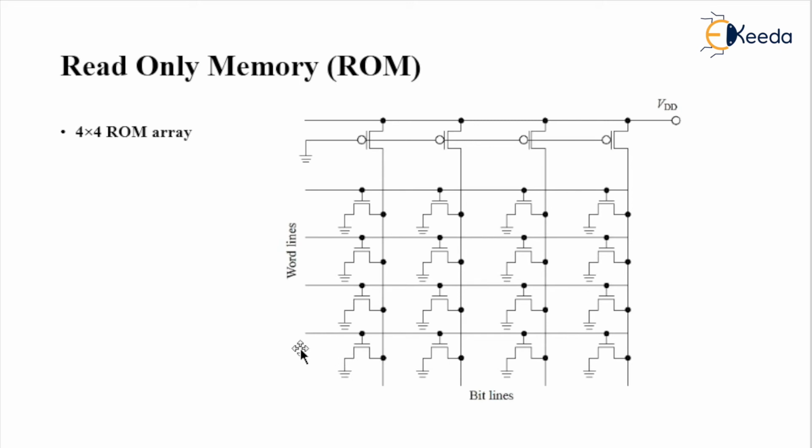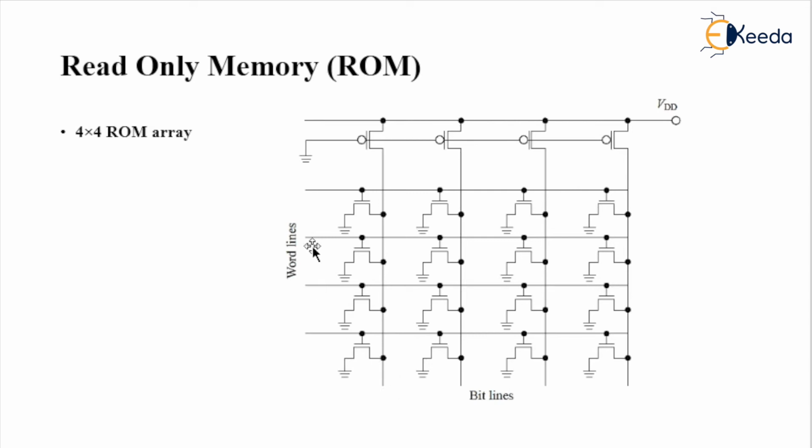I repeat, this is our word line and this is our bit line. See carefully the mouse pointer here. This is our word line and this is my bit line. Between these two, at the intersection, there is one transistor, and that transistor is an NMOS transistor. So that's why I said that the NMOS is connected between the word line as well as the bit line. Is it true? Here this NMOS is connected between this word line as well as bit line. So that is what I said.